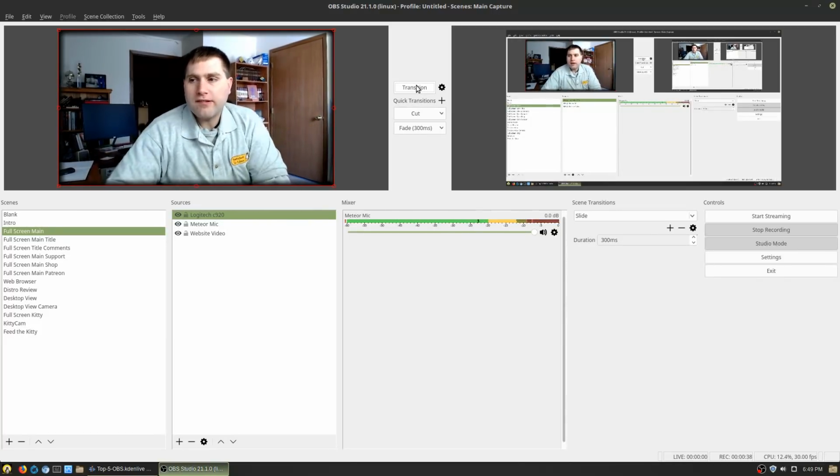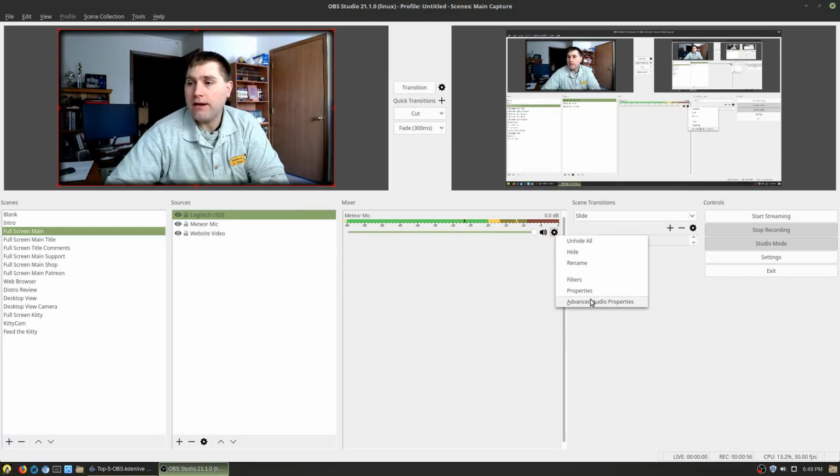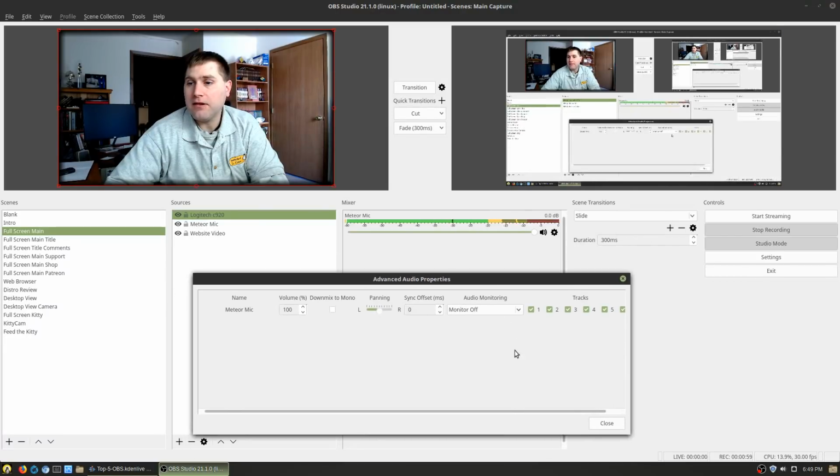All right, so our number one is our audio settings. I'm going to show you as much as I possibly can over here. Now, one of the things that a lot of people were asking for and was finally input into the Linux version, Windows had this for a while. I don't remember where Mac was, but it had the ability to monitor your audio out. So to do that, you just want to pull your arrow down here under Advanced Settings. And I'm going to try not to mess with any of these because it could give me some unwanted results when I'm doing this. But anyway, under your audio monitoring now, clicking on the gear next to any audio file,